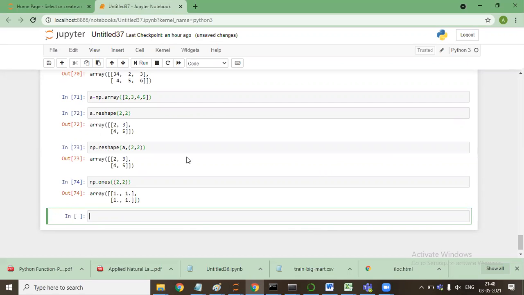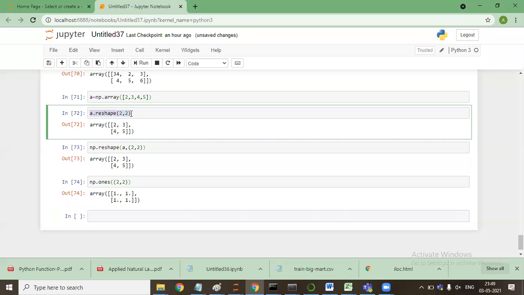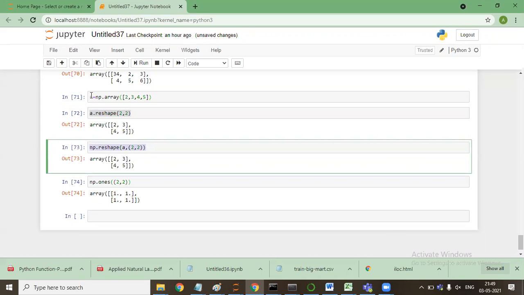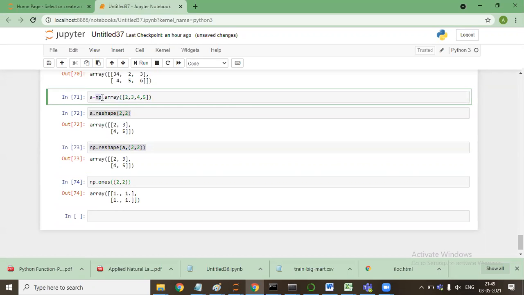These are the two ways to reshape. When I say A is equal to np.array, the capabilities of NumPy are already stored in A. You can say A.reshape, or you can call np.reshape in this way as well.